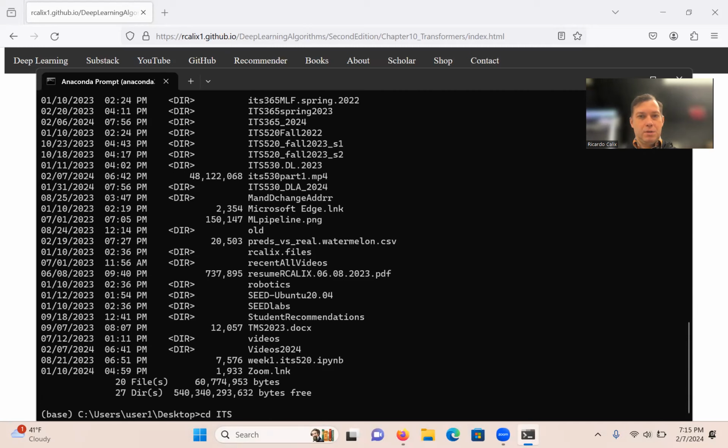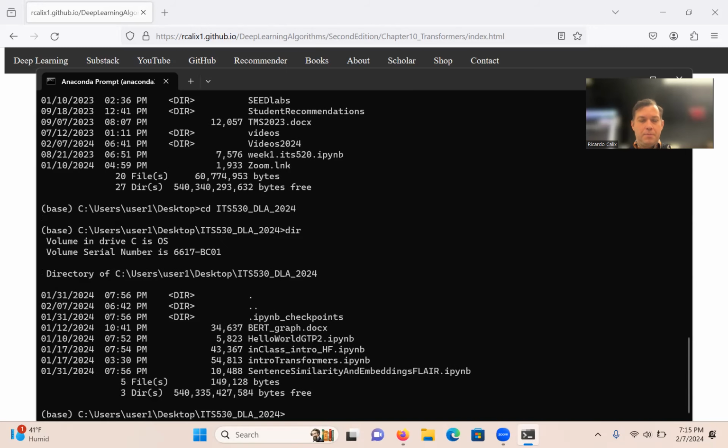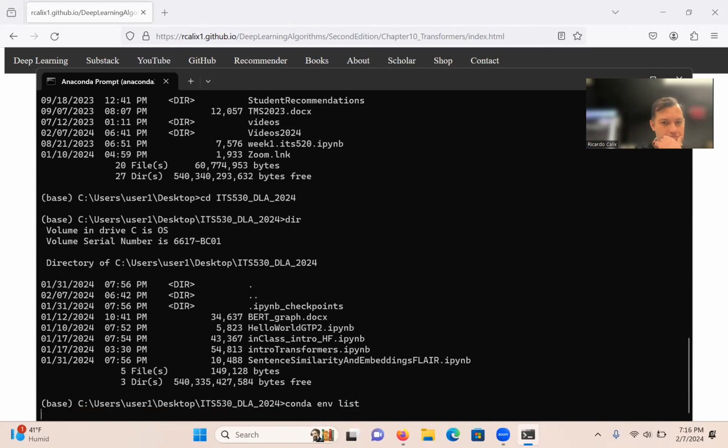Yes. 530. DLA. 2.4. This. Okay. They are. Yeah, so that's the sentence similarity that we did the last time. So I'm going to do this one now. The conda environment is going to be